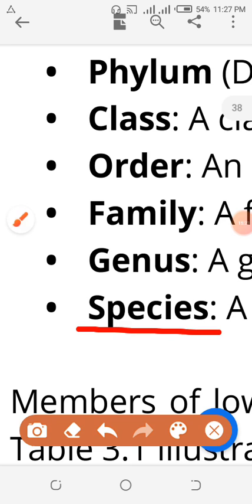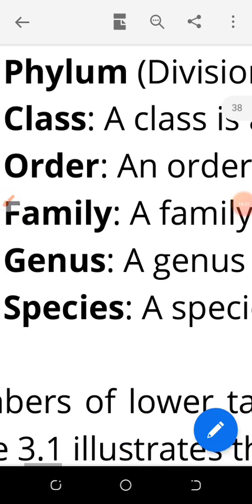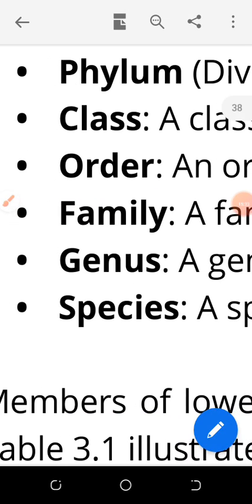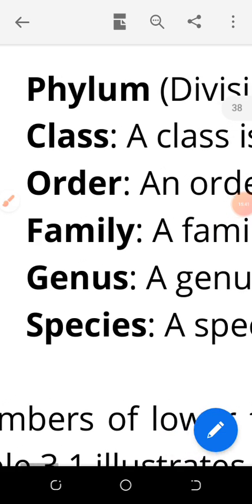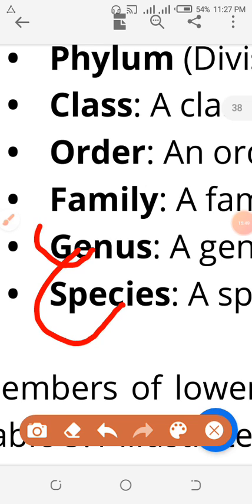This is the smallest taxon. So many species. You will be able to understand this information this way. Note these sentences, so you understand why there was a need to form many taxons. Many species combine to form a genus. You are getting me? Species are small, genus is larger. Many genera combine to form the family. It means family is large, genus is small.